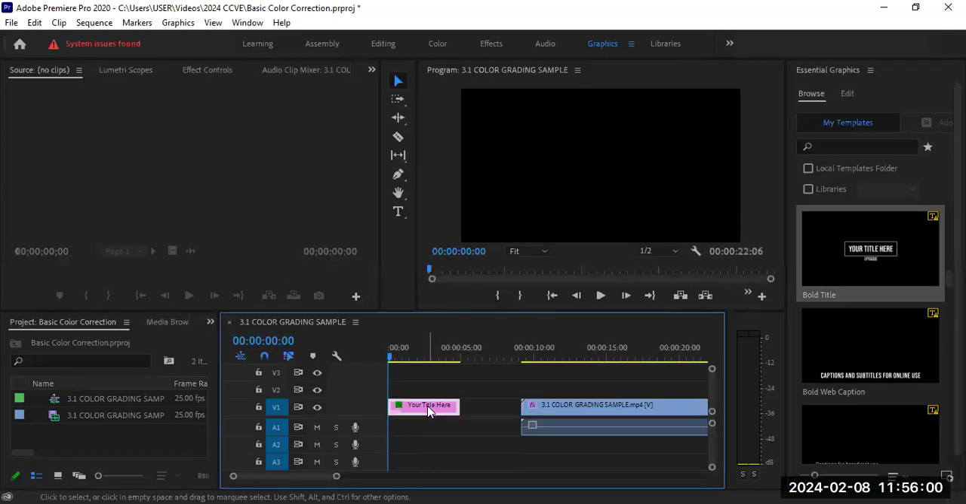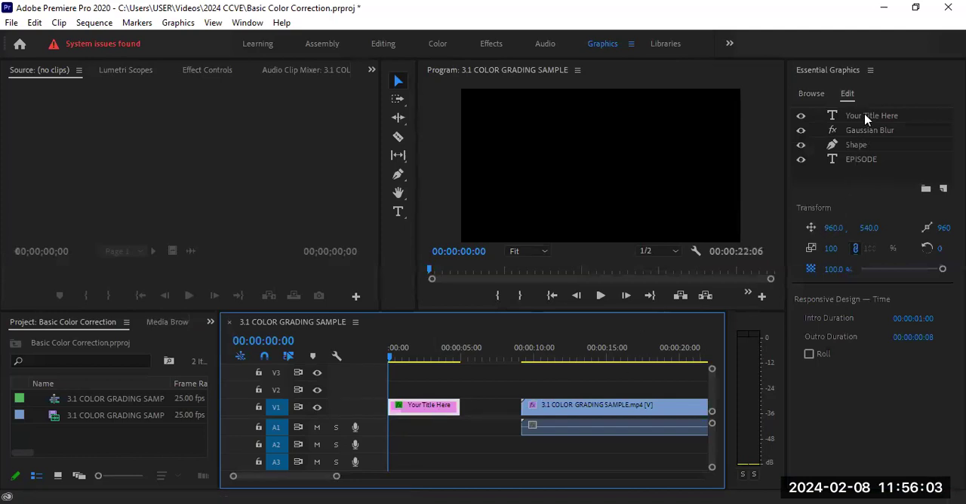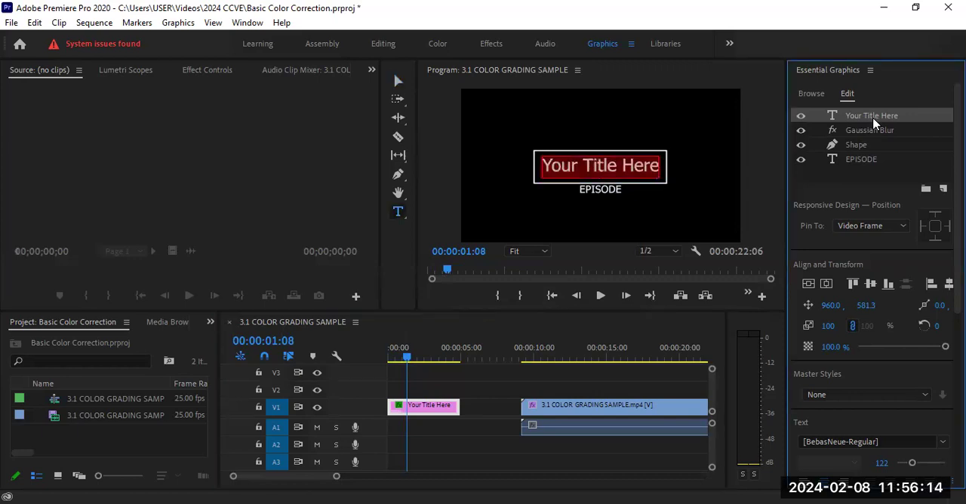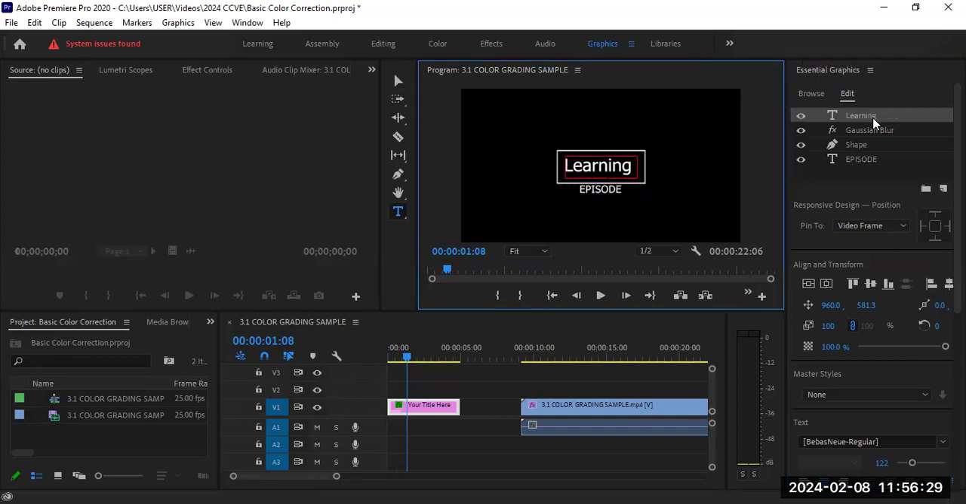Okay, so what I'm going to do now, I'm going to select, then I'll change the title. First of all, I move my cursor like this so I can see it on my program. Once I double click, then again. So what do I want to write? Then I'll write things like learning how to color correct,